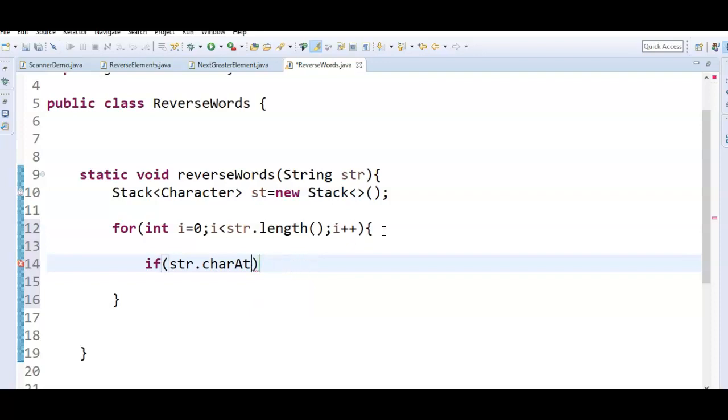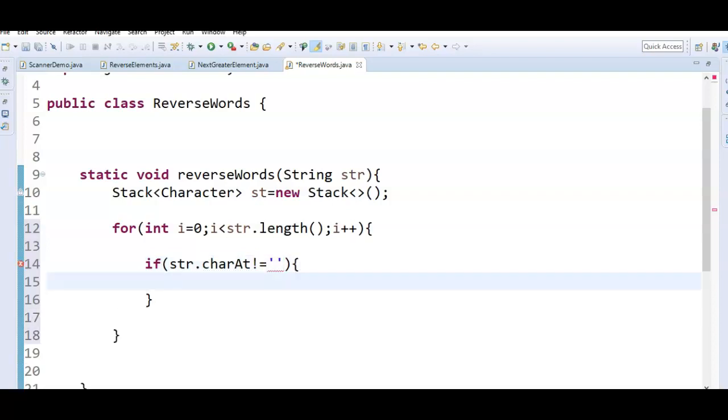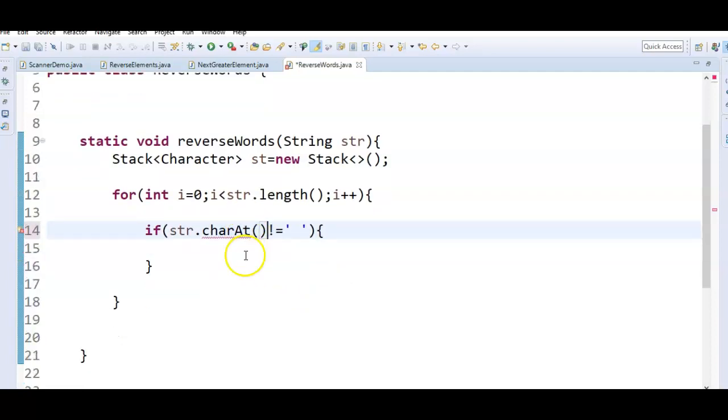So for that, if str.charAt not equal to space, we need to push the elements into the stack.